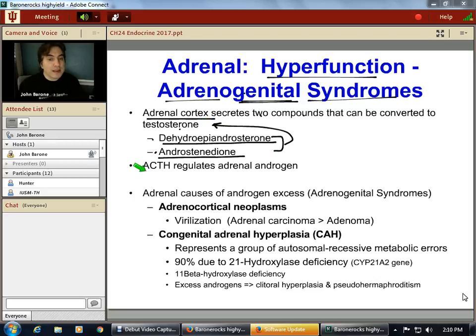Now remember, ACTH normally regulates two layers, the sugar and the sex. So ACTH is supposed to regulate it. Now, adrenal causes of androgen excess, which give us this adrenal genital syndrome, are things like adrenal cortical tumors, tumors in the cortex. They're going to make you virilize for sure. Now, what's interesting here is most of the time they're adenoma. We've been saying adenoma for this, adenoma. This is usually due to